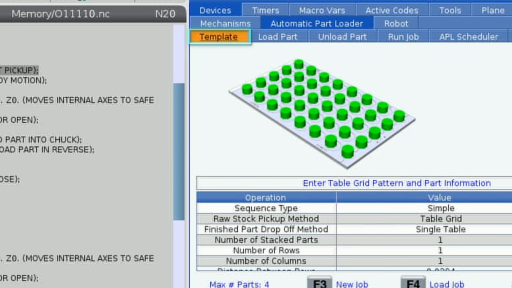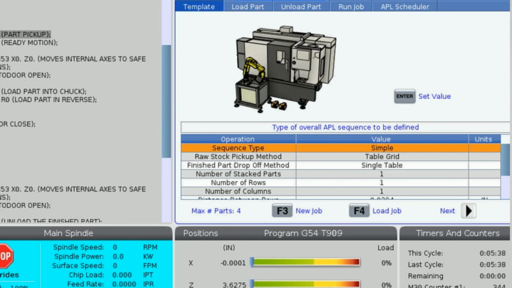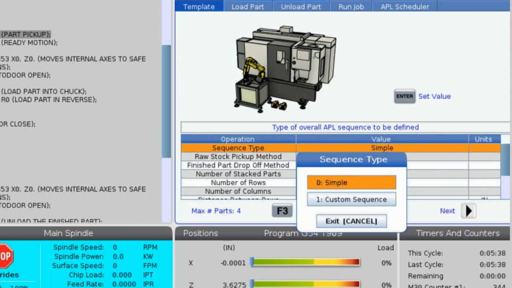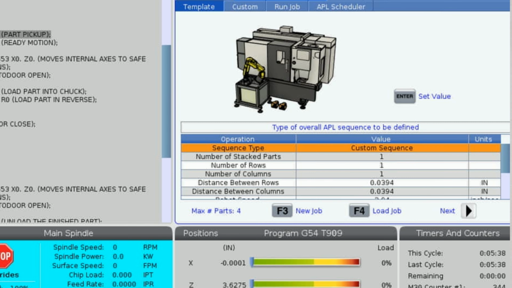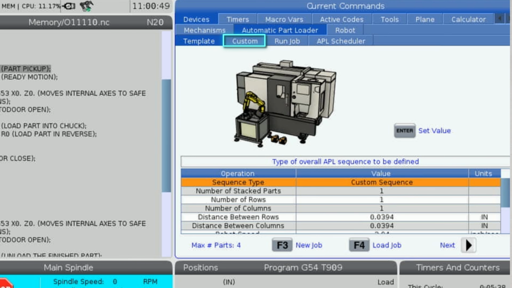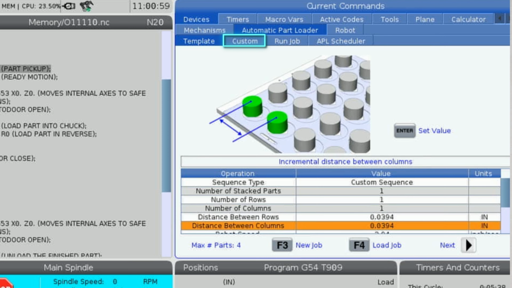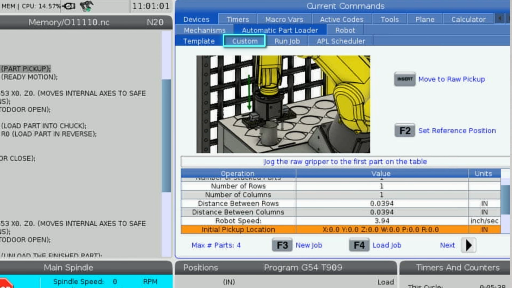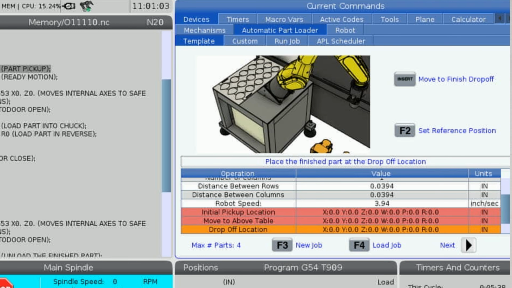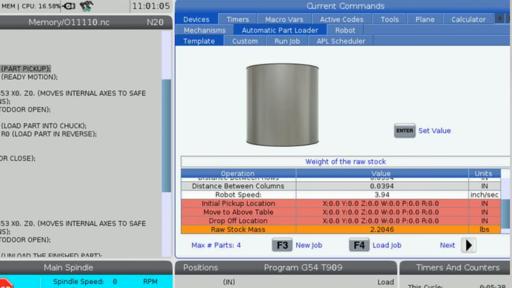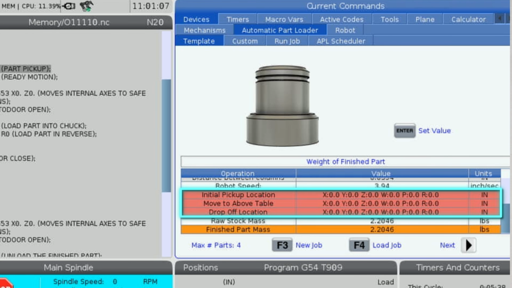To turn on custom sequences, go to the Template tab. On Sequence Type row, press Enter and select Custom Sequence. When sequence type is set to Custom, the Load Part tab and Unload Part tab will be replaced by a single Custom tab, and the initial pickup location, move to Above Table, and Drop-Off location rows will move to the Template tab. The Custom tab is where you will create your motion files to be used in your custom APL